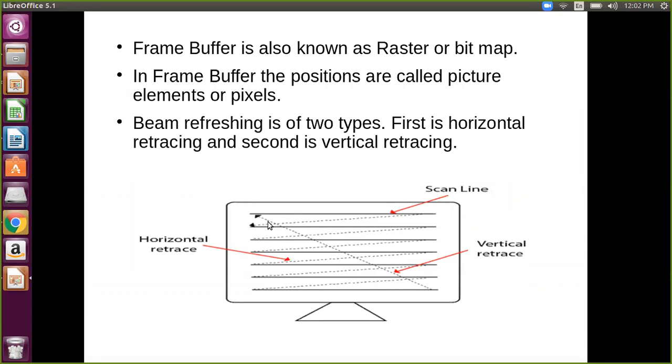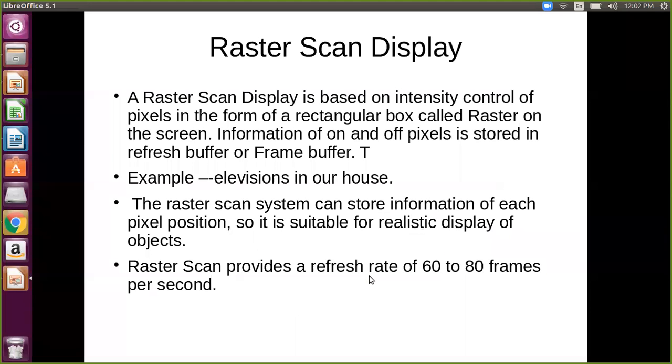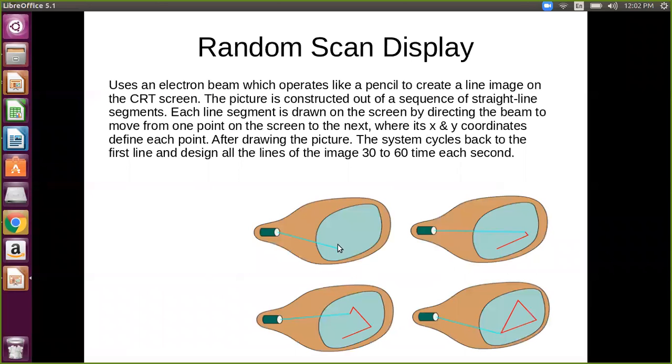So each and every time this sequence is followed. So it is a raster scan or scan conversion, we can say. This is a fixed process in the raster scan. While if you see in random scan, there is no provision to start from which side. It can start from one coordinate and make some line or make portion. So line segments and portions can be drawn randomly. There is no fixed process.